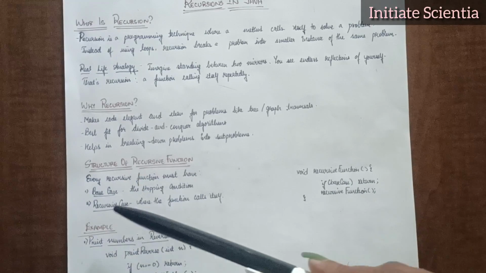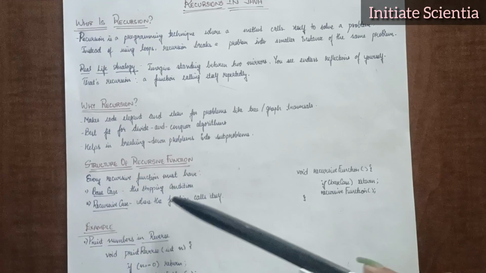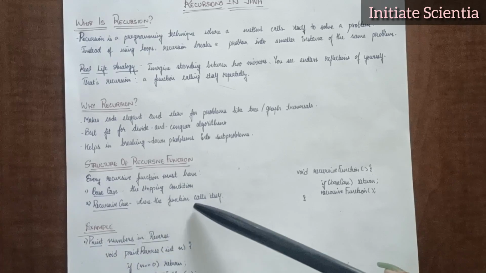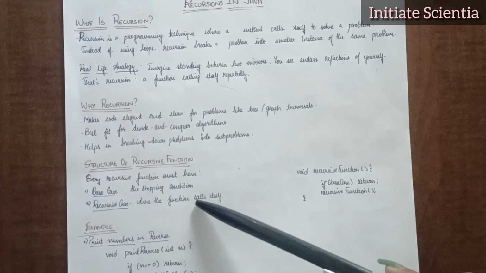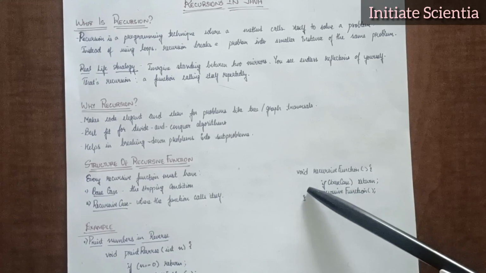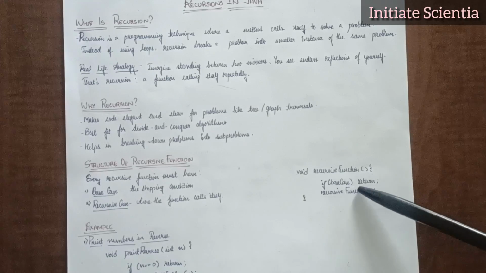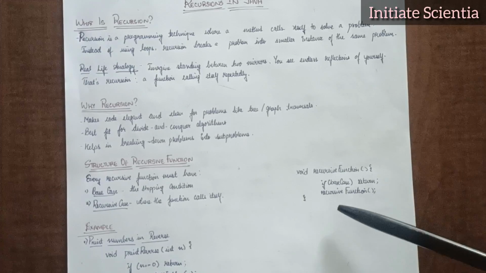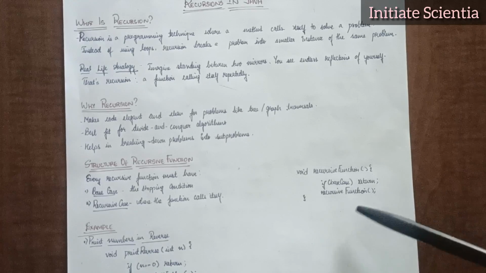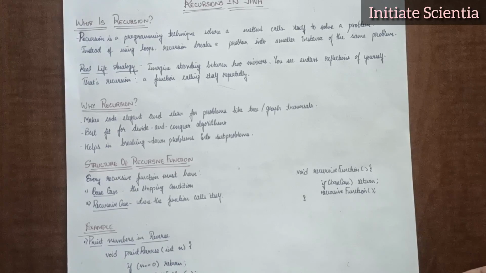Structure of a recursive function. Every recursive function must have a base case, the stopping condition, and a recursive case where the function calls itself. Example: void recursiveFunction. If the base case, then return, or else call the recursive function. Example: